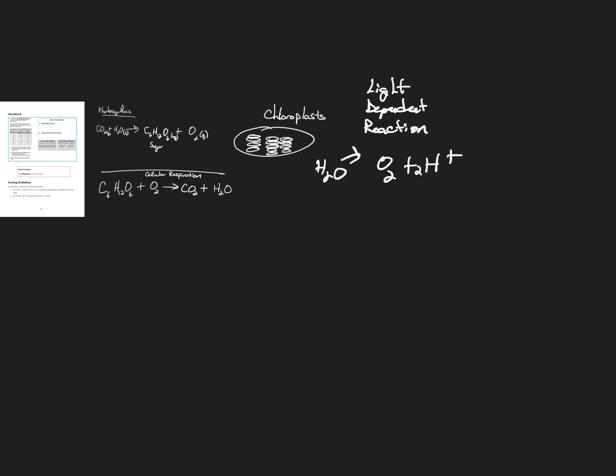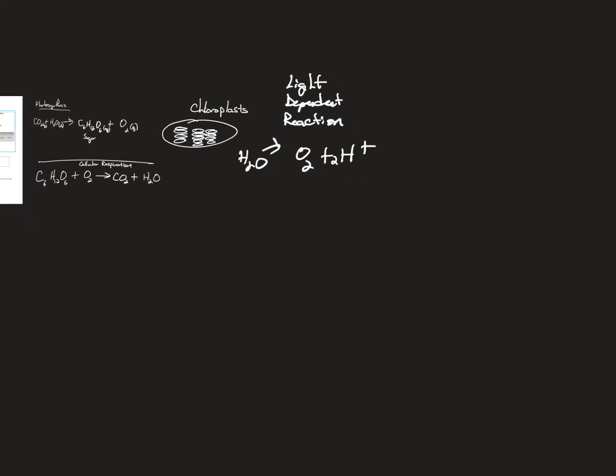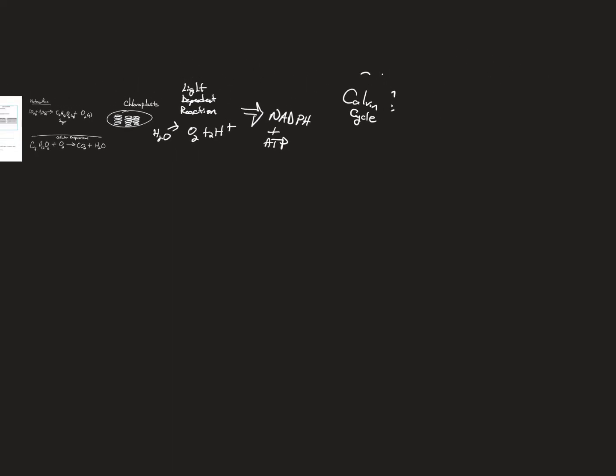So there's that. They do electron transport, and out of the light reaction goes NADPH and ATP, and they go into the Calvin cycle. And the Calvin cycle captures CO2, right? Captures CO2, and using that enzyme called Rubisco,